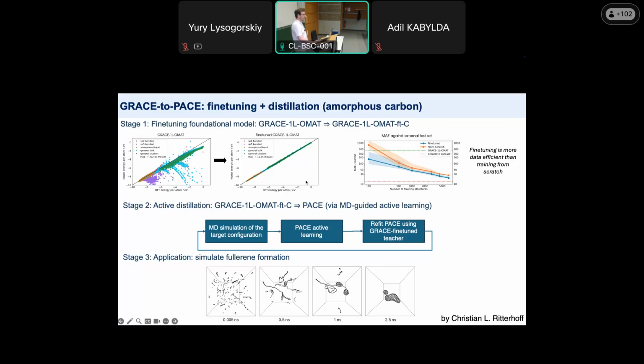After several rounds of active distillation, we have some very fast PACE models that can run on CPU, GPU, parallelized, and so on.